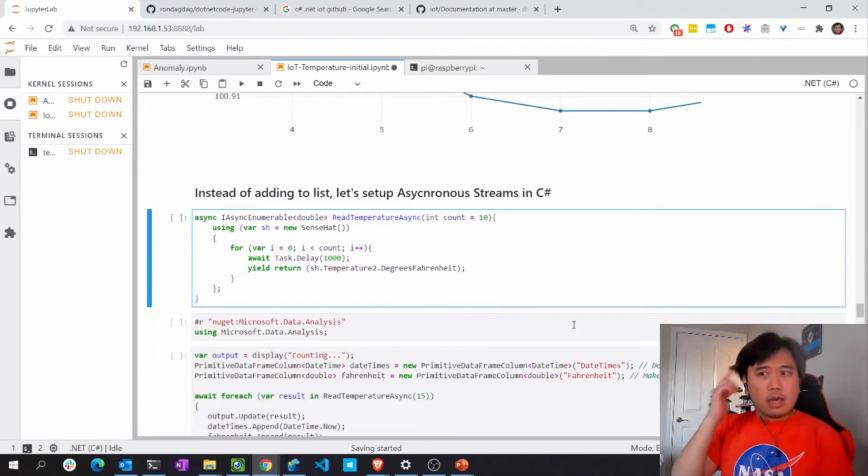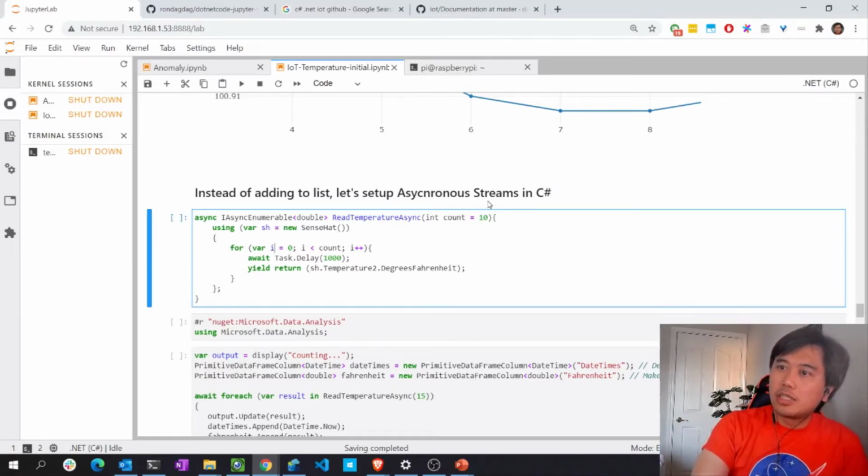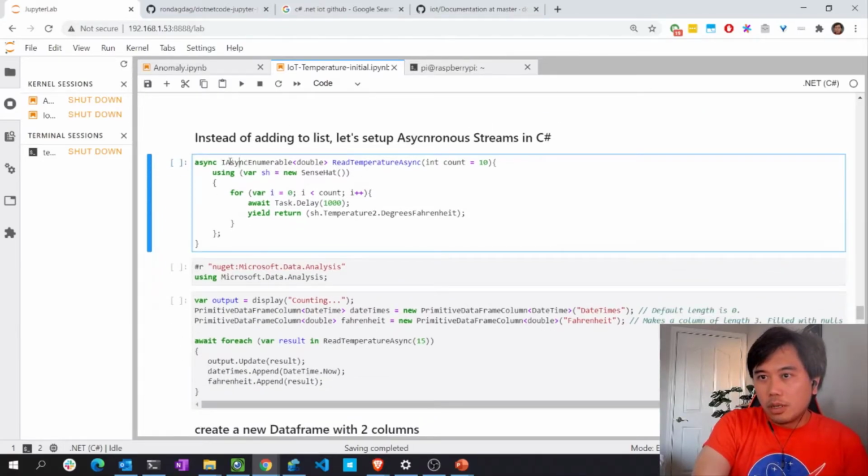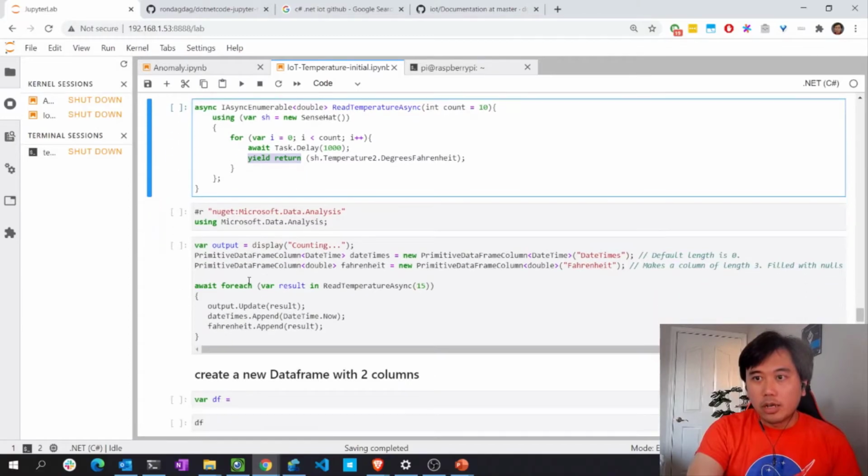So instead of adding it to a list, I wanted to try this asynchronous stream. An asynchronous stream allows me to return this async enumerable, and this time I'm returning those values. As it goes through and reads the sensor data, it will do this yield return. It grabs the temperature data and returns it to that stream. And as I call it, it would start adding it to this